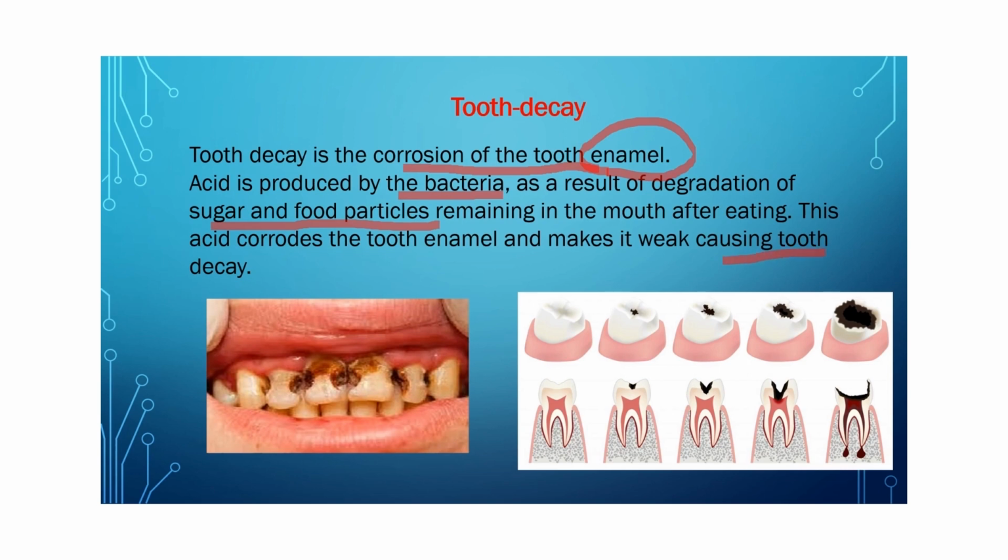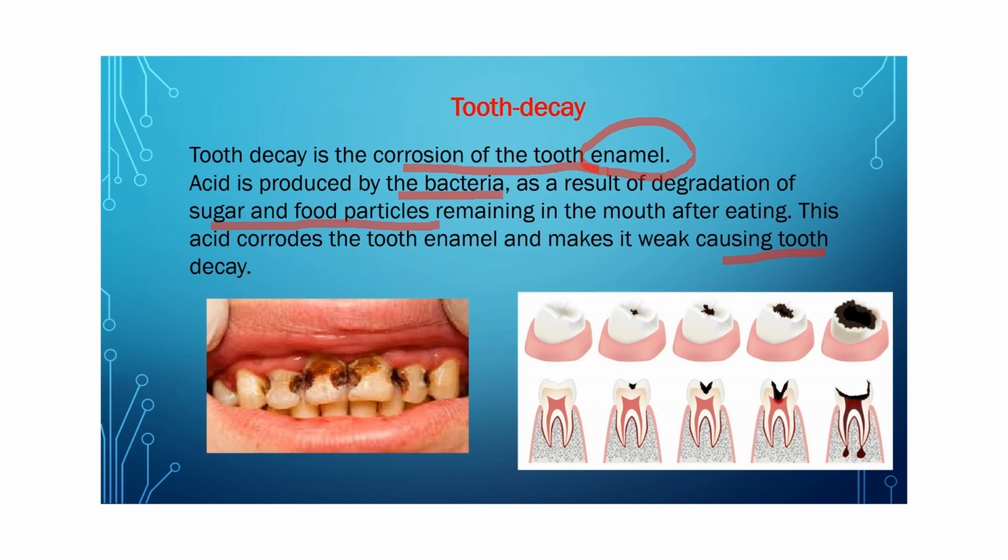Now what happens when we take too much carbohydrate-containing food? Carbohydrate means sugar and starch. So these foods may be cake, bread, milk, soda water, sweets, etc. Whenever these are consumed in large quantity, whatever particles remain in the mouth are acted upon by the bacteria and acid is produced. Now this tooth decay condition can be quite dangerous. Why? Because it results in cavities, and sometimes it can even result in tooth loss. So now you know why you should not consume too many sweets.